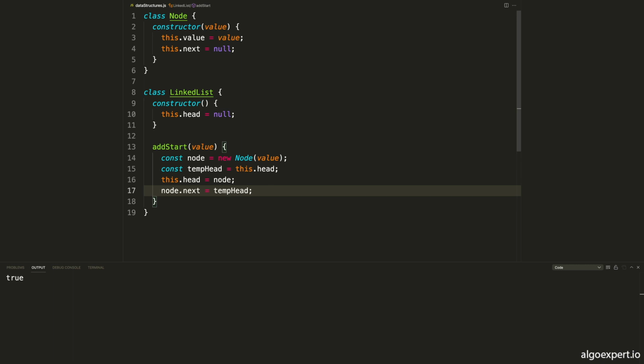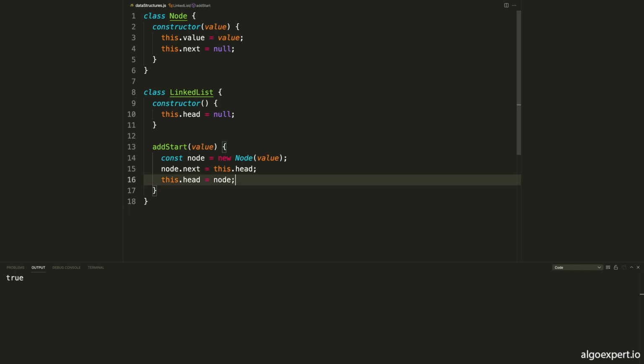We could alternatively do this in a little bit simpler way if we are clever about reordering the code. So what we can do instead is up here above the this.head line, we can simply say node.next is equal to this.head. And because these are references to objects, we are setting node.next to be the current head, and then we set the head variable, not the head node itself, but the variable of this.head equal to this node that we just created. Okay, so that should do it for addStart,